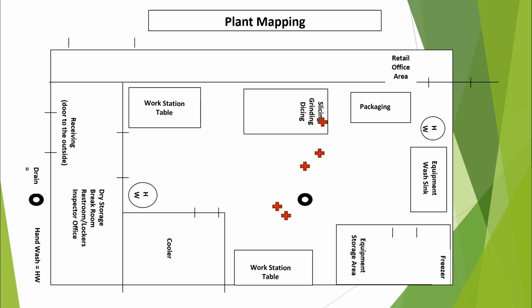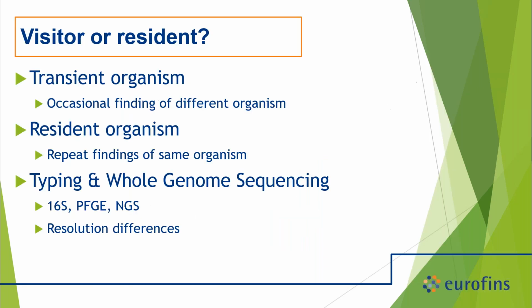Well, suddenly I've now learned from my environmental monitoring how and what kind of behaviors I need to change to make sure that I'm not getting basically this outward progression of pathogens. Certainly when I look at all these other data points, it looks like that drain's a pretty big problem. So maybe we need to redesign the hygienic design of that drain. Maybe we need to get facilities involved, or maybe we just need to get a constant sanitizer in there to minimize the risk. Certainly, it's become the epicenter of all these tests. Okay?